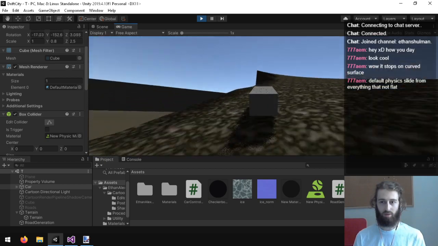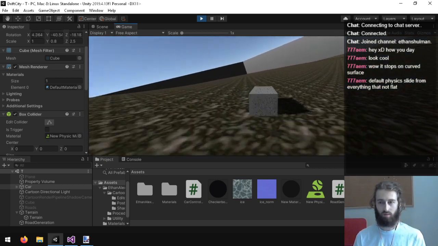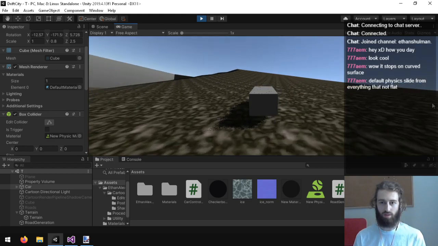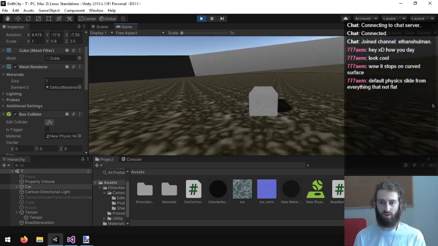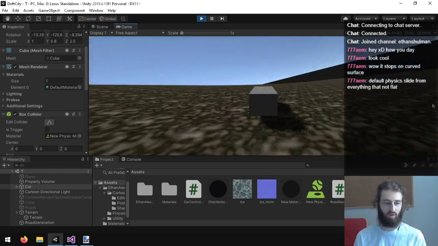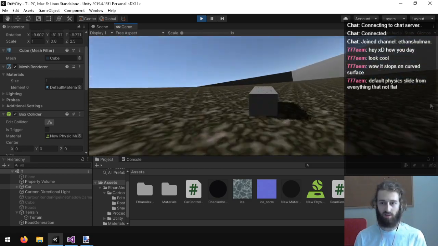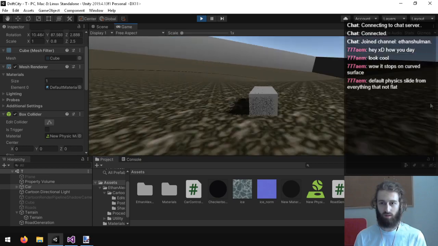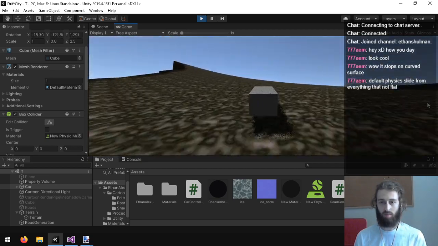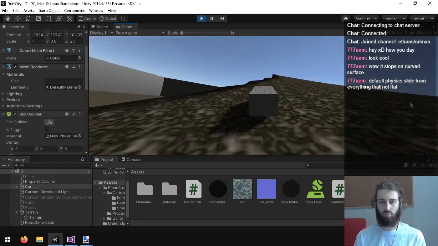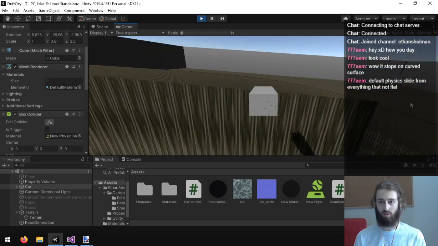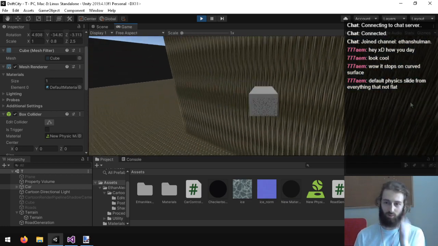It's got a little bit of friction. You can actually drift just by driving, which is pretty cool. Like you start going fast and then you drift. That did not work. I should program in drifting soon. Oh yeah, look at that, 360.